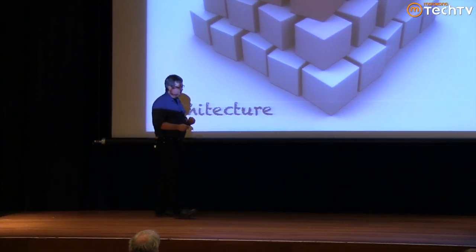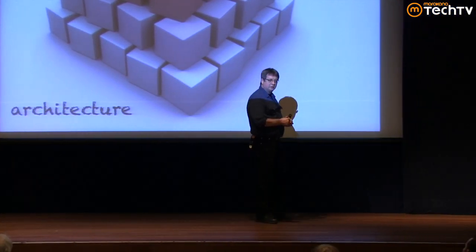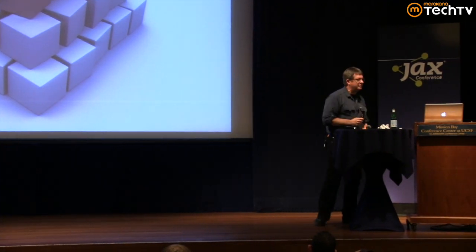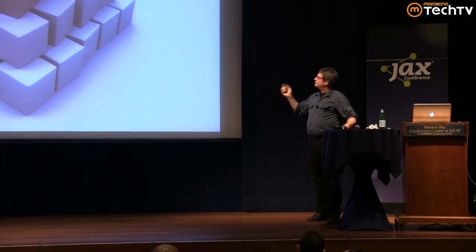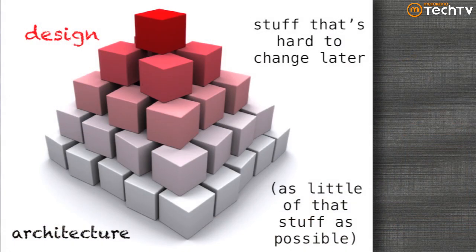But notice that given this definition of architecture, architecture really represents constraints of the things that we can do and we can't do. And so as a corollary to this definition, Martin also said that the architectural elements are the things that are hard to change later, but there should be as little of that stuff as possible, because it represents constraints, and having architectural elements means it's hard to change those things out later. And you know what? Sometimes it's nice to be able to change out big chunks of the system later for something else. And I'm going to talk about some techniques for that, including how those techniques kind of dovetail into a whole continuous delivery topic.